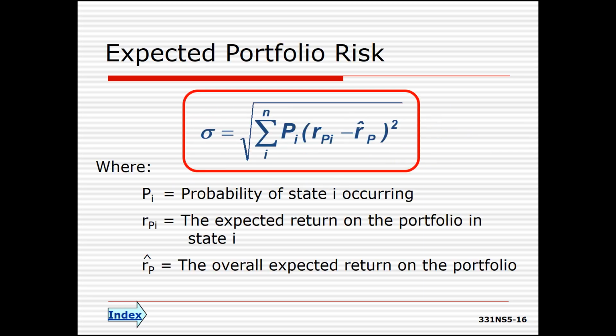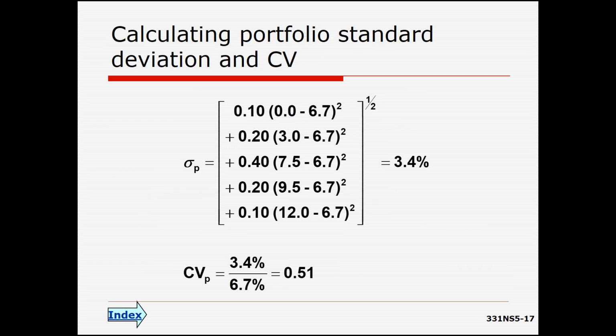This is the formula for the standard deviation of a portfolio. It looks and works in a manner very similar to the formula for a single asset. Again, be aware that this is for use with expectational data, not historical. Probabilities imply expectations. Using historical data requires a slightly different formula, and be very careful to follow the order of operations. Calculating the standard deviation and coefficient of variation for our 50-50 portfolio, we find a standard deviation of 3.4%